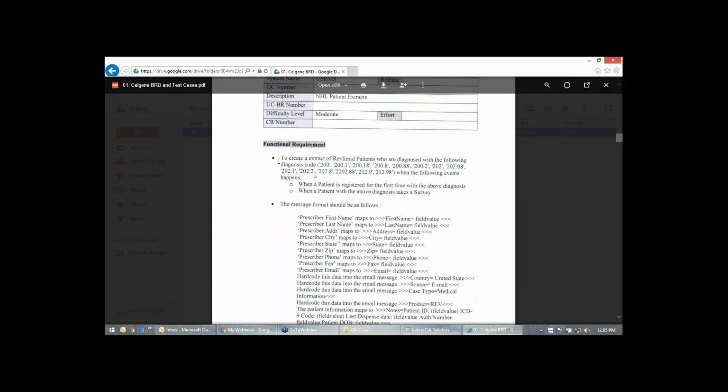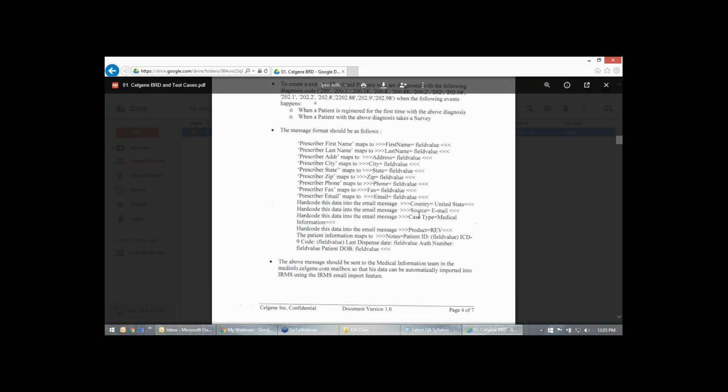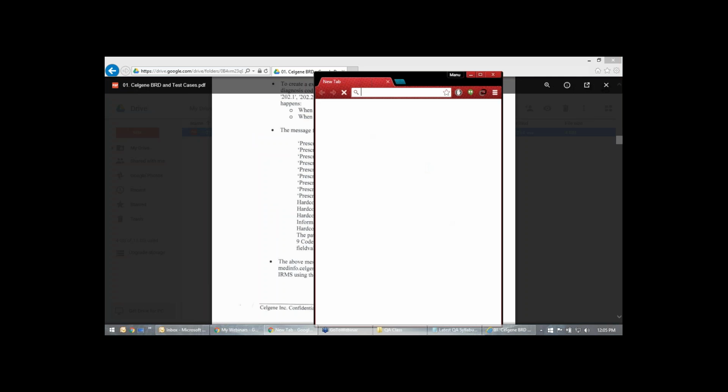So in this case, for the functional requirement, there is information. This is more from a developer's point of view: how should it look? As a tester, I would see only first name. So this is the field I need to test. And this is the field which I need to test. So that's what I've shown you, the fields. How does it look?